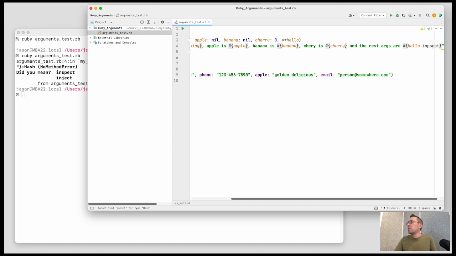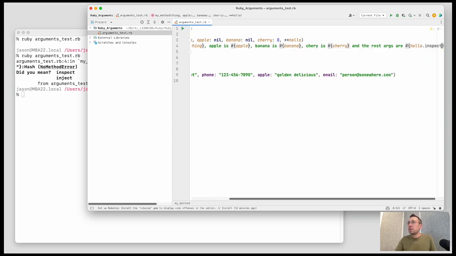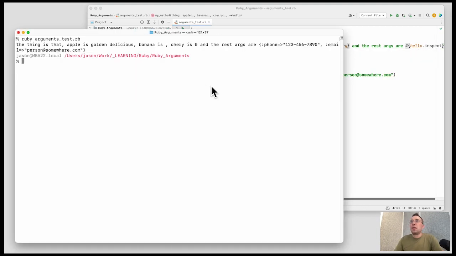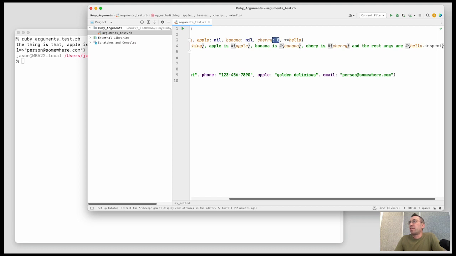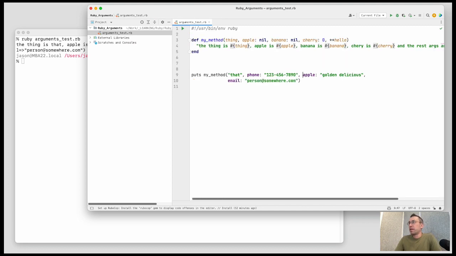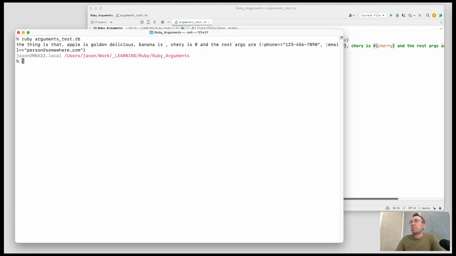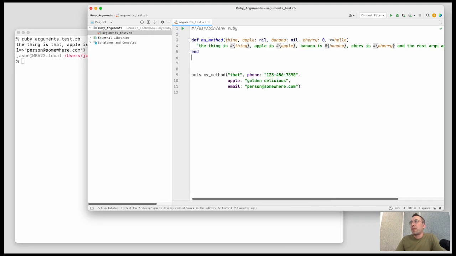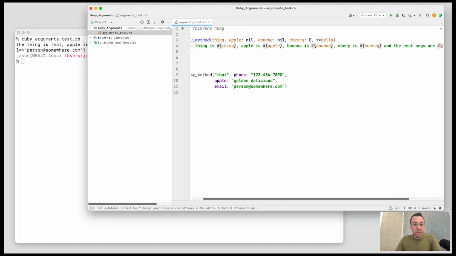Oops. The thing is that apple is golden delicious, banana is empty string, cherry is 0, because I gave it a default here, and it didn't exist in the calling code, as you can see. And the rest arguments are phone and email. Let me try one more thing,